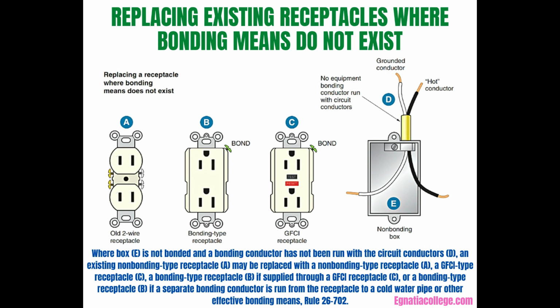The replacement receptacle may be a non-bonding type, A. 2. The replacement receptacle may be a GFCI type, C. The green hexagon terminal of the GFCI replacement receptacle is not bonded to ground. It must be left unconnected. The GFCI's trip mechanism will operate properly when ground faults occur anywhere on the load side of the GFCI replacement